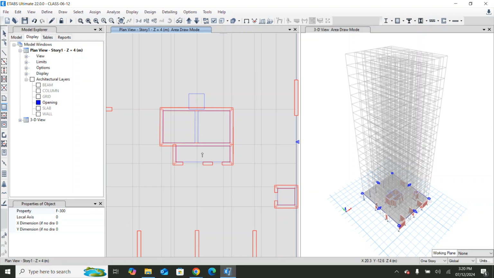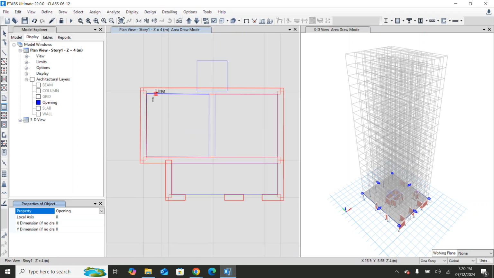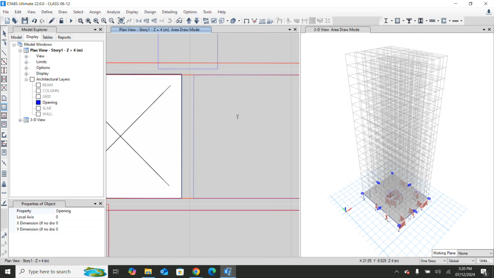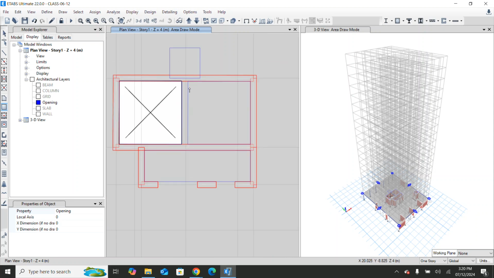So that's all I need to change. In this case, you select the opening, then you select here, and you have to select opening. Select the opening, then we have to draw from here. So I'll just select from here to here, it's open. Then again select the openings,